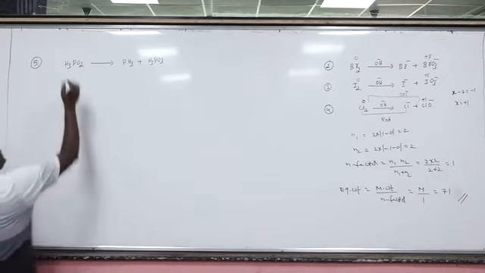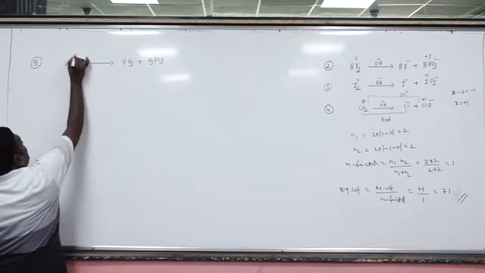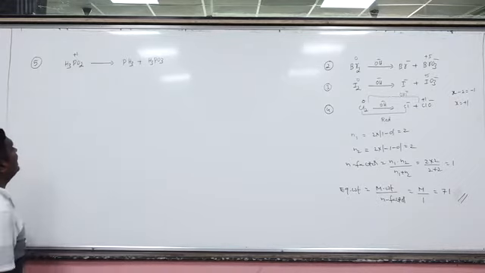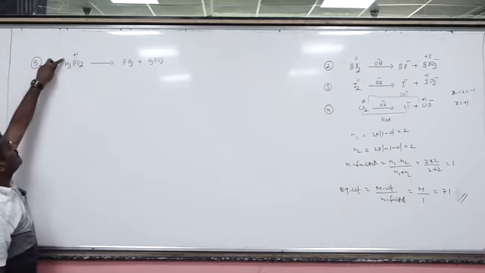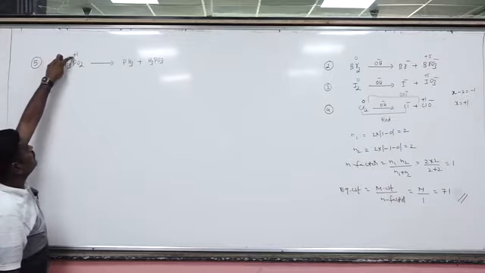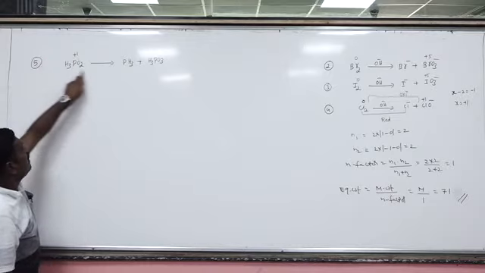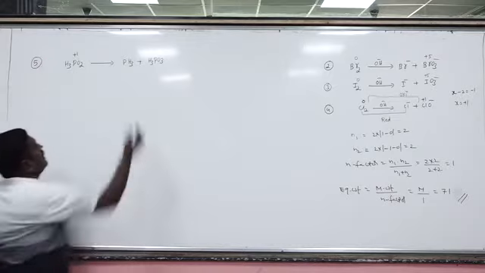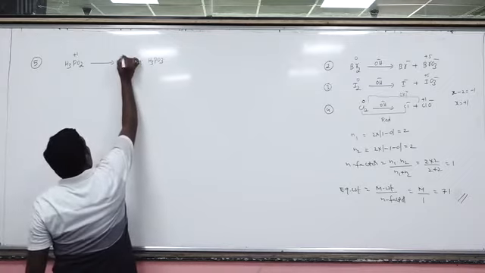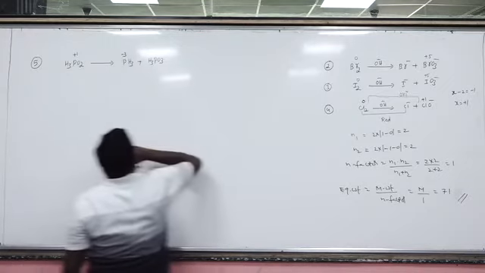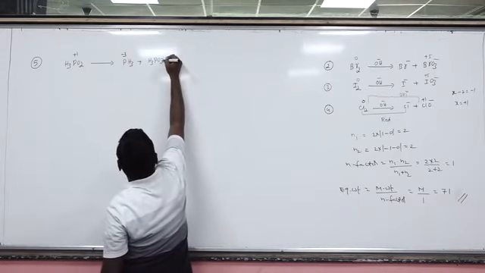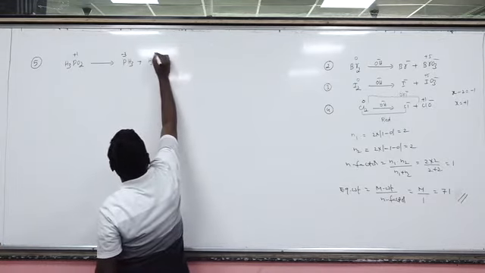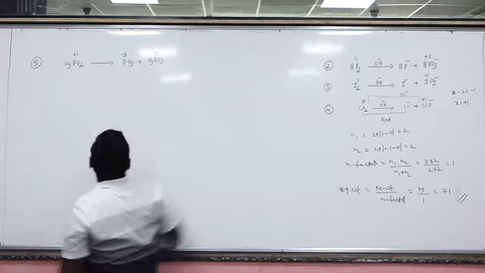Now, what is the phosphorus oxidation number here? +1. Why? Oxygen has -2, so it will be -4, and each hydrogen +1, so you have +3. So phosphorus gets -3. Now here oxygen is -6, because each oxygen is -2, so -6 + 3. So the net value should be +3 on phosphorus.